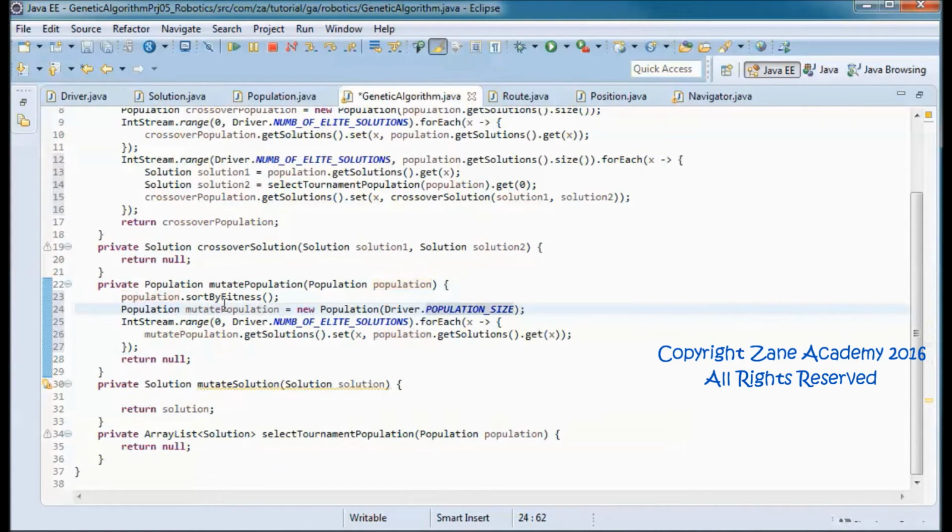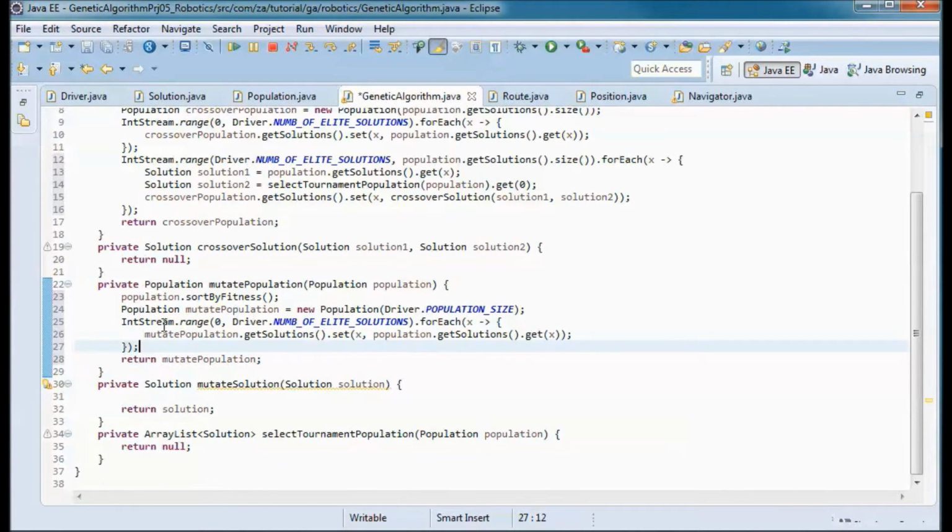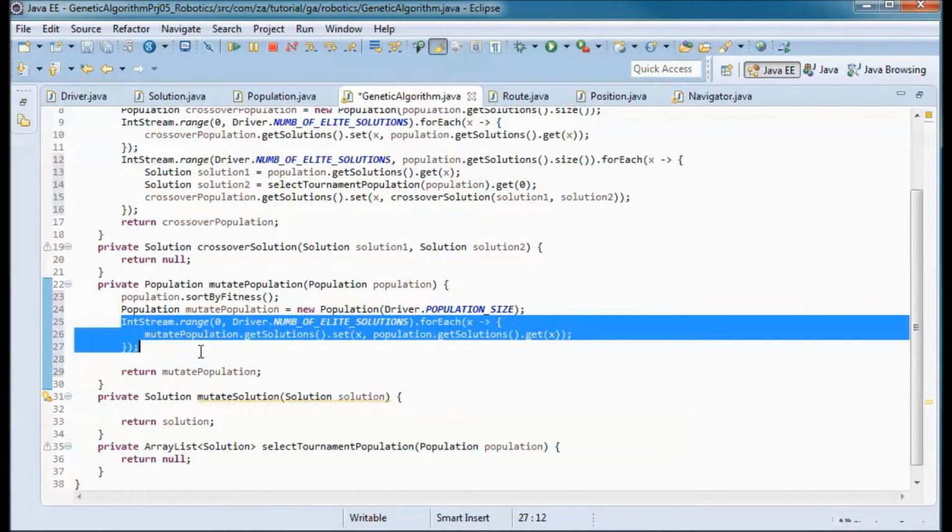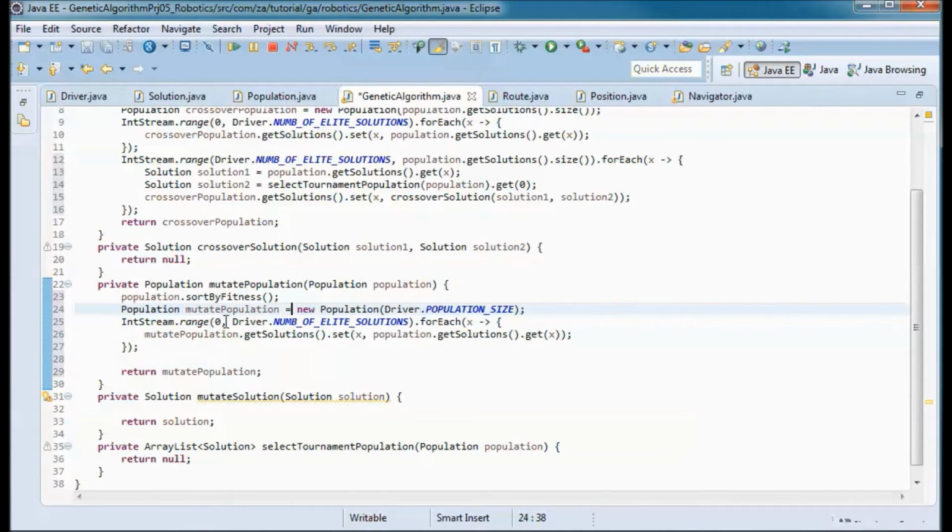We call it mutate population, and this mutated population will be the one that we will be returning, and we pass the elite solutions as is to the new mutated population.